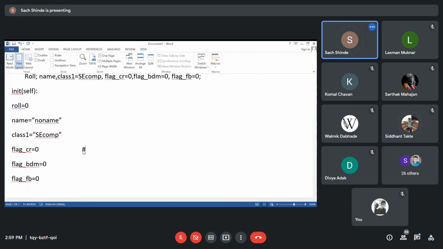What it simply means is, let us observe this value. If we set this value as 1, it means the student is a cricket player. Did everyone understand the meaning of the flag cricket?